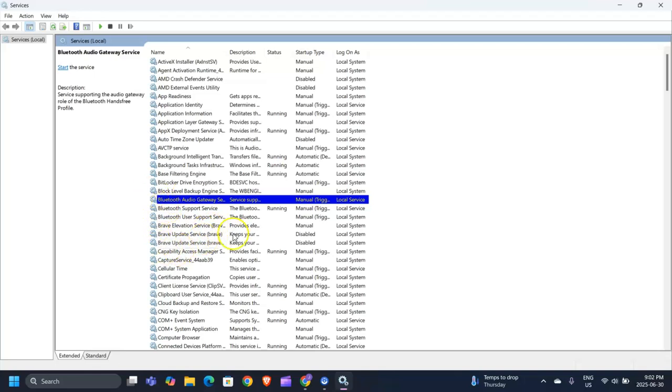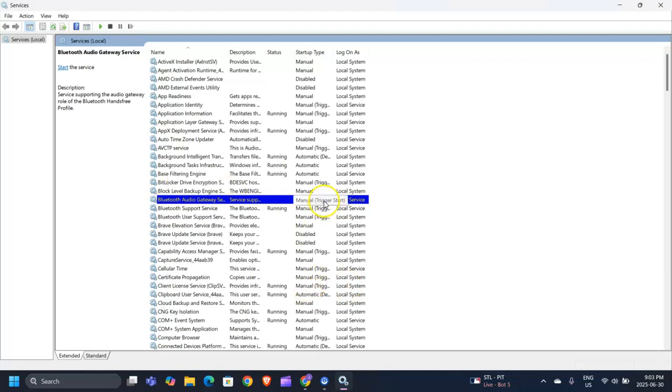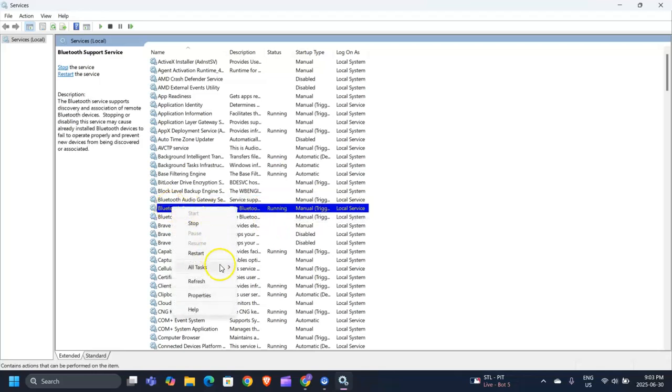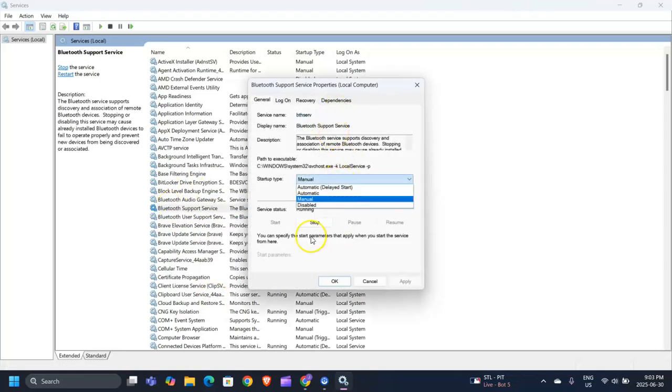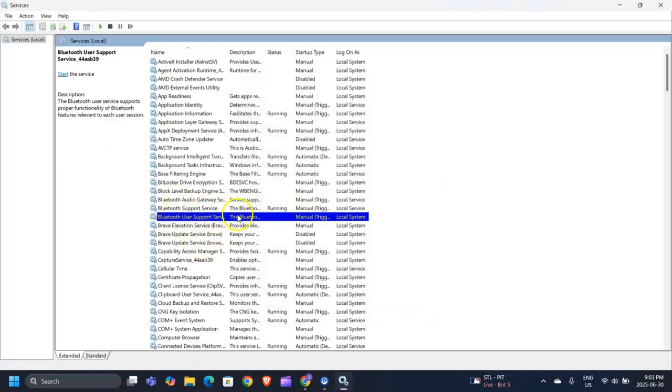So to disable any app that we're going to be discussing here, or in this case Bluetooth, what you do is right-click it, go to Properties, then you'd want to switch the startup type from manual to disabled. You'd click Disabled, you would press OK, and Apply. And that would immediately show disabled, and you would see it here. Instead of manual trigger start, it would say disabled, just like it says over here for AMD Crash Defender Service. And you can do that for each of these by going to Properties and following the same path. There's about, I believe, 3 or 4 Bluetooth features that you can disable, and that'll immediately help your system work